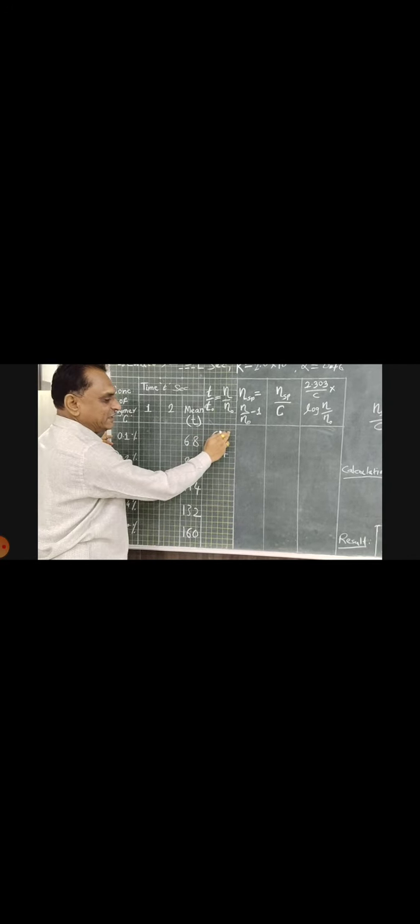Then in the next column we have to determine the ratio T upon T0, that means eta upon eta 0. So I'll do one calculation. For the first, 0.1%, we have 68 as T divided by T0, which is 54 here. So this ratio is represented here. Likewise we have to do the calculation for every solution.